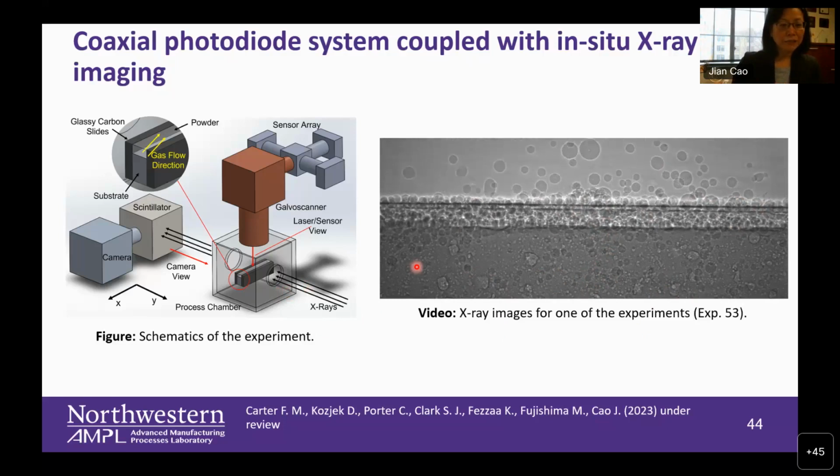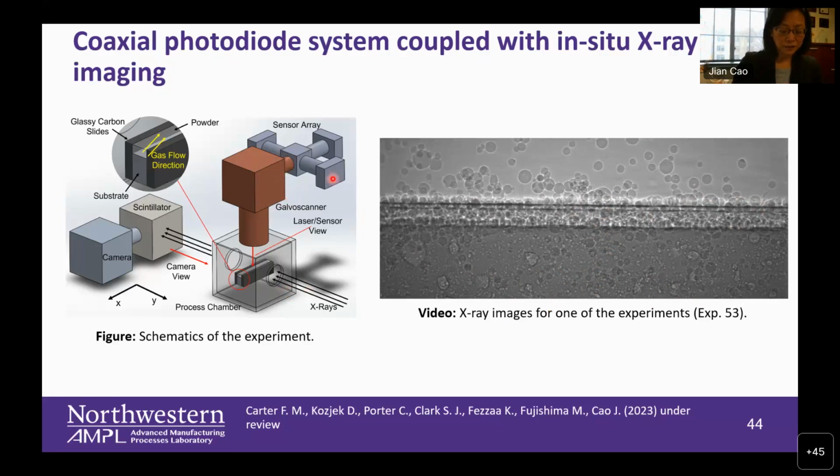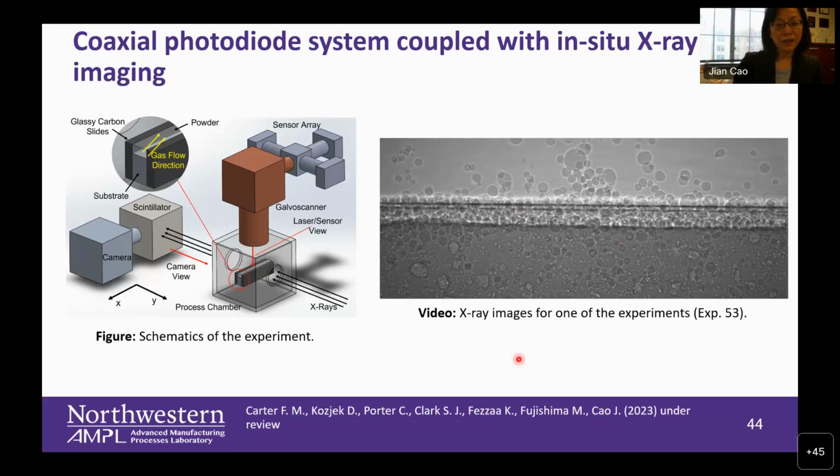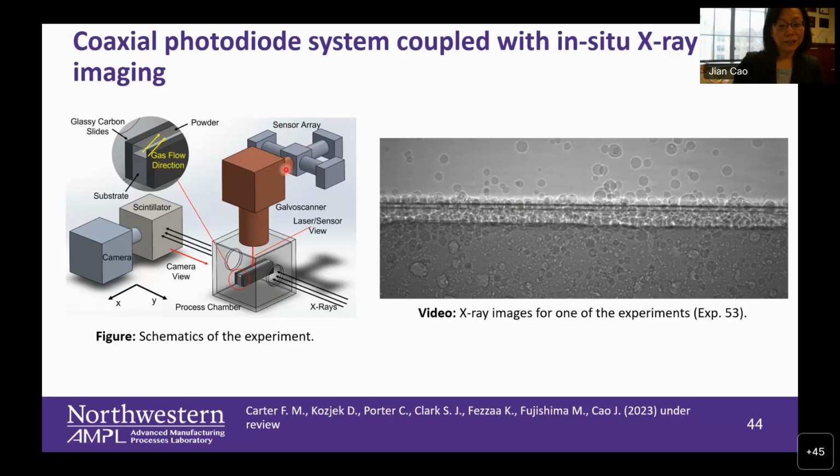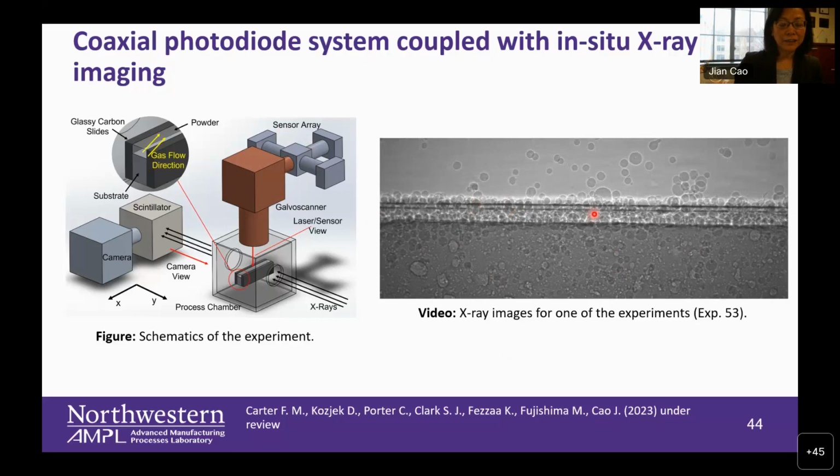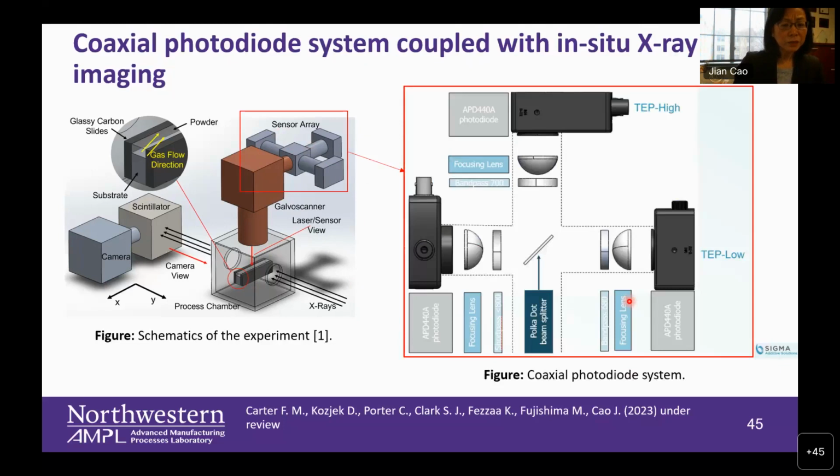So the key thing we are looking for is, we use this as a ground truth, but the question is, can we use the X-rays and the top view, using this set of experiments, to train our model, such that you can just use the sensor array to detect what's happening underneath, which you cannot see from the top but can only see with the X-ray? So with this goal,